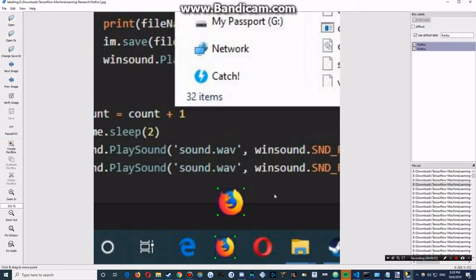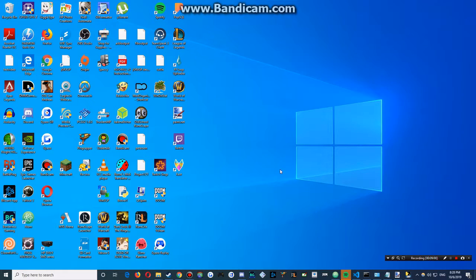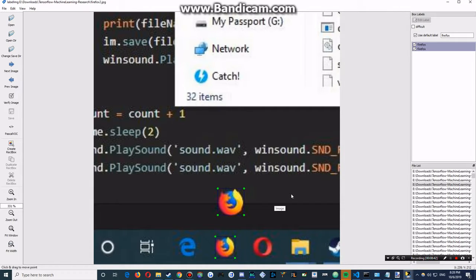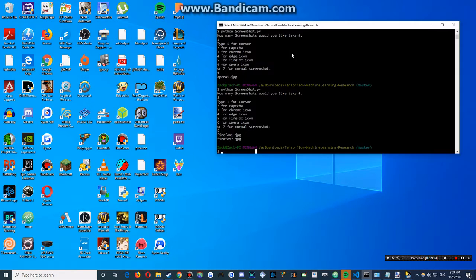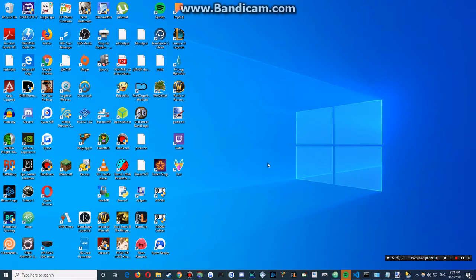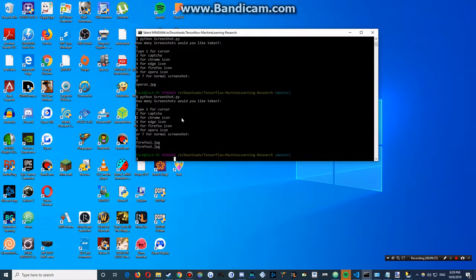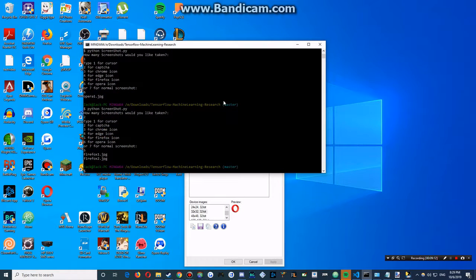The other thing I didn't really demonstrate, which I could, is if we go to the desktop, this is the Edge icon. See how it looks a lot different than this Edge icon down here. That's the Firefox, that's the Chrome, and that's the Opera. So ideally every icon is going to have 100 images cropped in the way that I did in the very beginning of the video, but you're also going to want to do 100